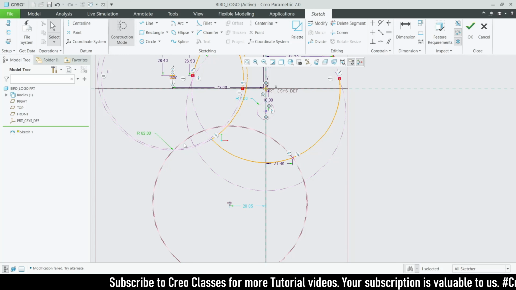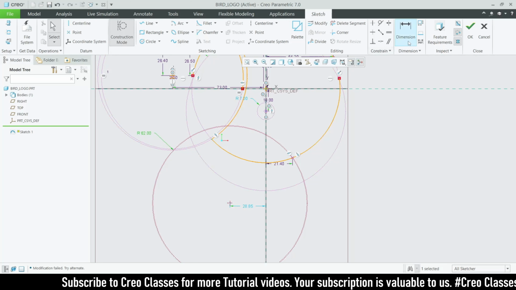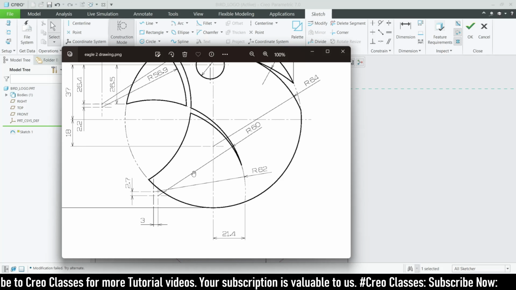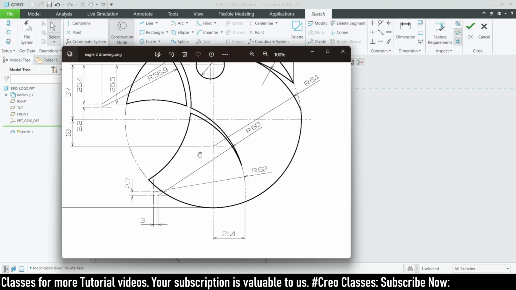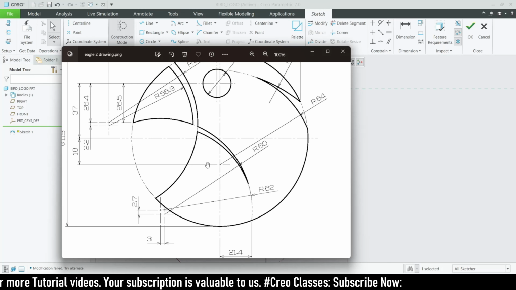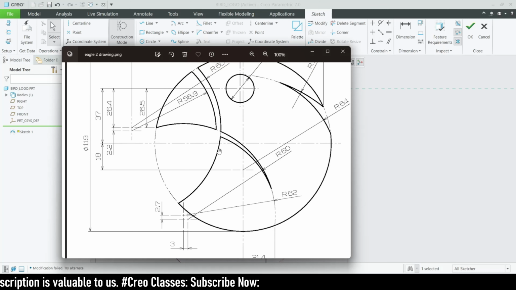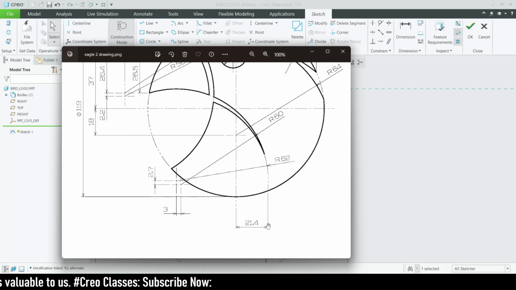62. Okay, and it got placed on the center, which means we can use the midpoint value, but I don't know how to exactly find this. 21.4 and